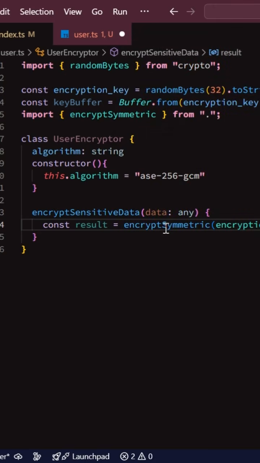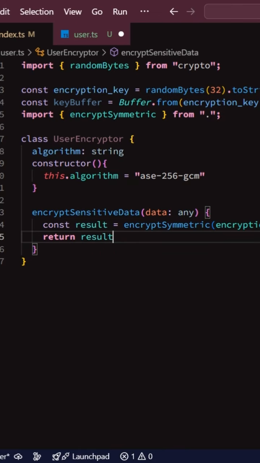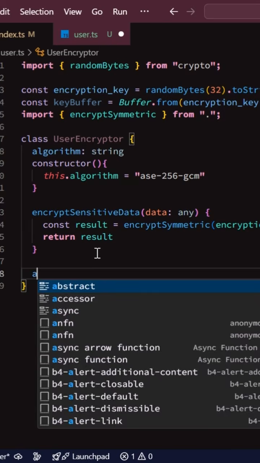I will pass the encryption key and the JSON from the data passed into the encryptSensitiveData function as the second argument to it. I will return the result from the function, and then I will add a second method to the UserEncryptor